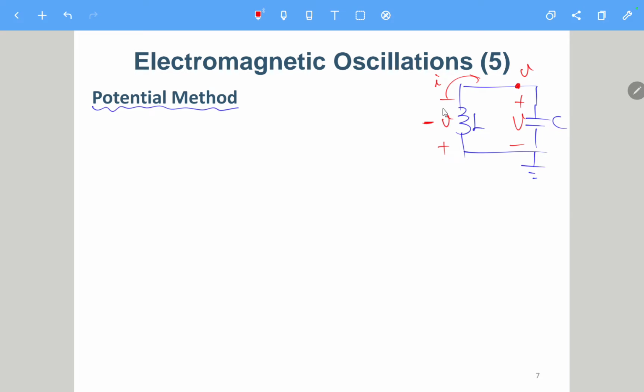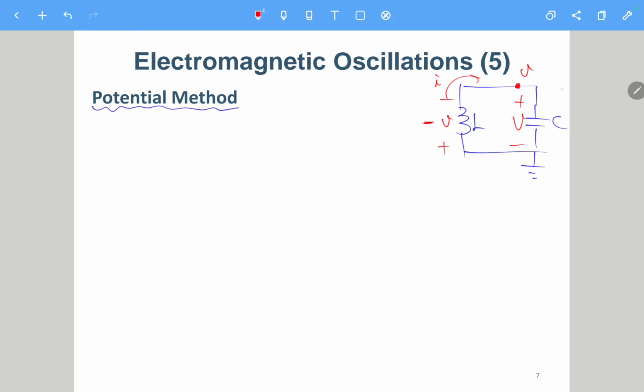Of course, when I'm very familiar with it, I don't really find it necessary to explicitly say why this is V, this is negative V, and I still get the same equation. But if you are not so familiar, let me try to write it in detail so that you don't make mistakes here. Okay, so here,